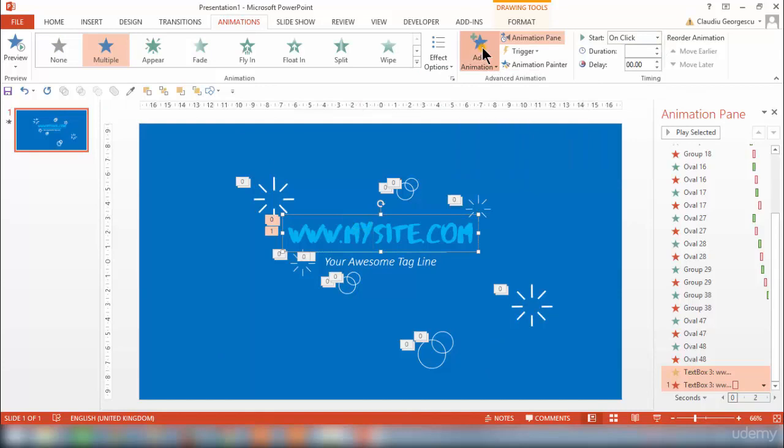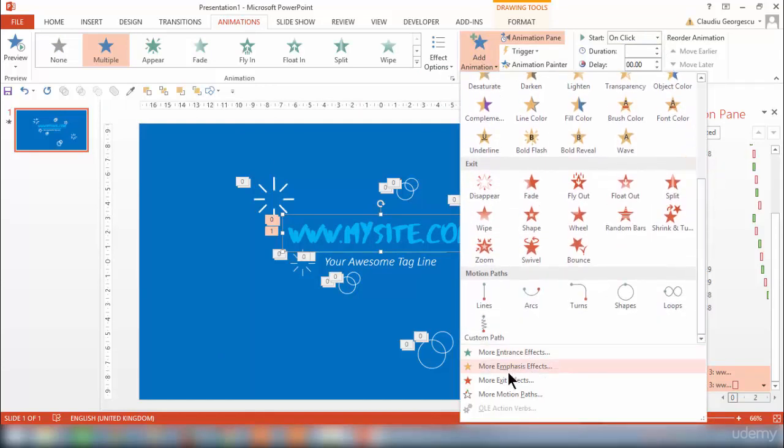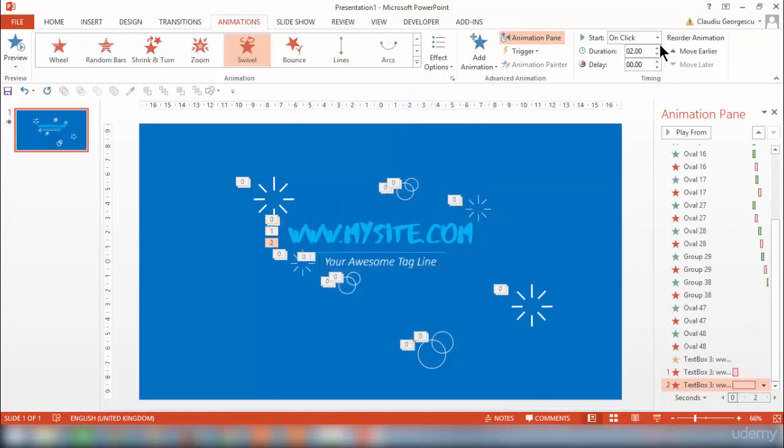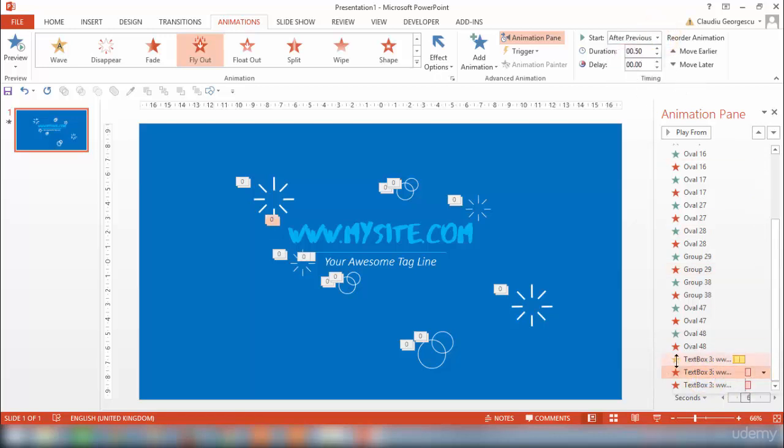I go to Add Animation, More Exit Effects, and Swivel. Okay, let's make its duration the same as the previous, which is 0.50. And the start with previous. Okay, to this one, let's give the start after previous, so it will start after the previous animation. Okay, so after it will pulsate 3 times, it will fly out by rotating to the left side of the